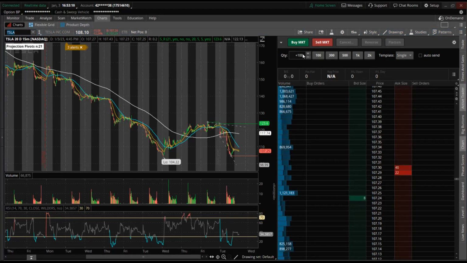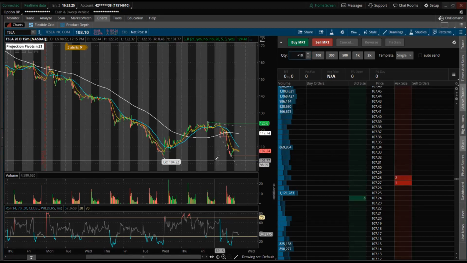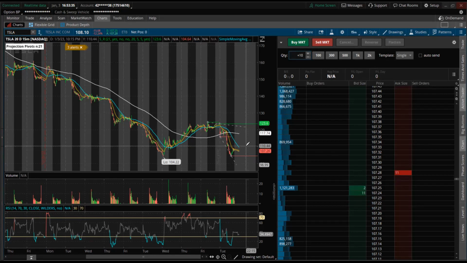So let's say I bought 10 stock, 10 contract, whatever, right? I already bought it. Now, at 110, I want to short sell it, right? So not only do I have to sell my 10 stock position, but I have to sell 10 extra,